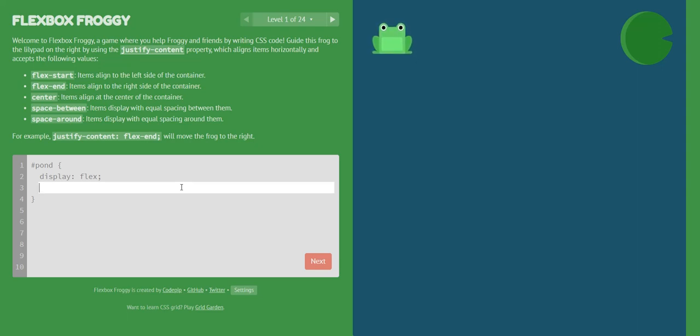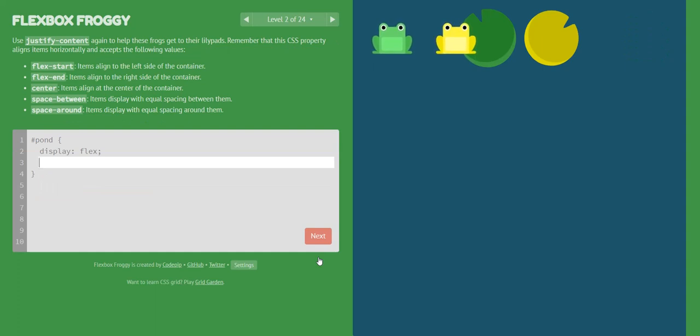The tricks are very simple. You need to type down the CSS properties, and then if your answer is right, you would see that my next button would come up automatically. Since I typed down the justify content without a hyphen here, you see that next button was disabled. So the moment I give a hyphen over there, you can see that next button is enabled because your frog has moved to the lily pad. Click on next, and wow, you're to the next level.